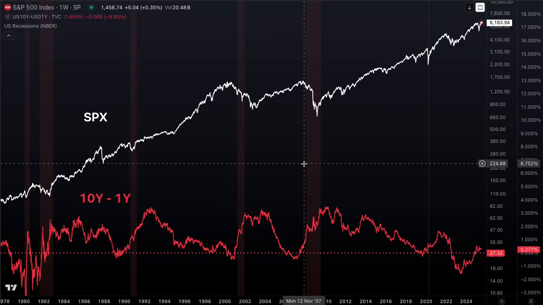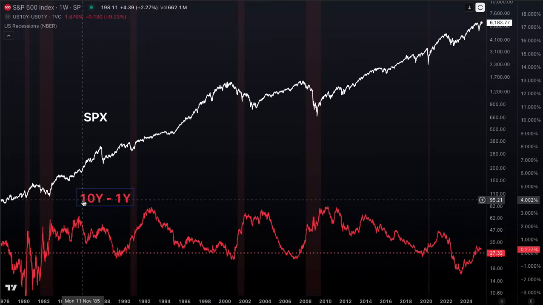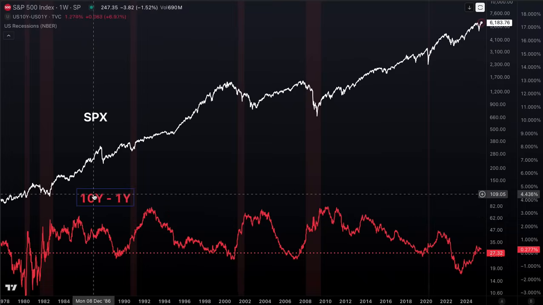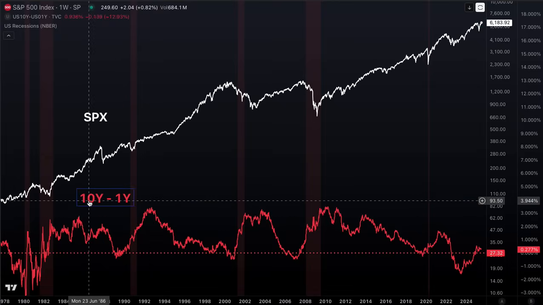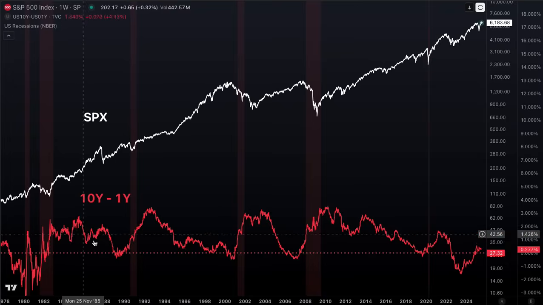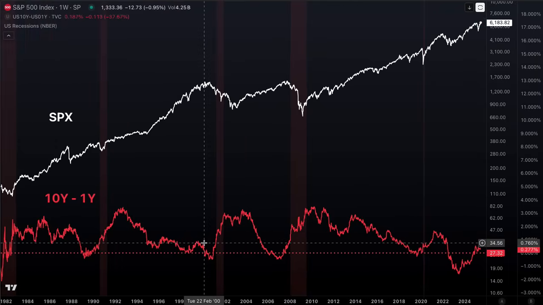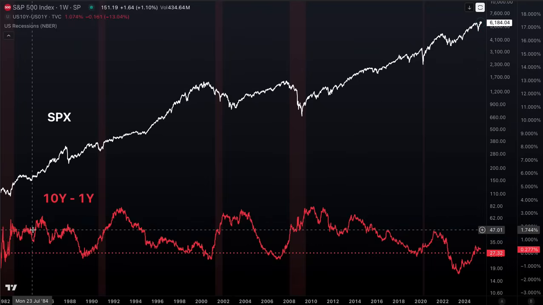Here is one of the yield curve spreads. Here in red, we're taking the 10-year yield and subtracting the 1-year yield. Now, generally, the 10-year yield should be higher. You're taking more duration risk, more inflation risk, right? There's more convexity with these longer bonds. So you should be getting a higher interest rate. And anytime the red line is above the dotted red line, that is, in fact, the vast majority of history: a positive, uninverted yield curve.